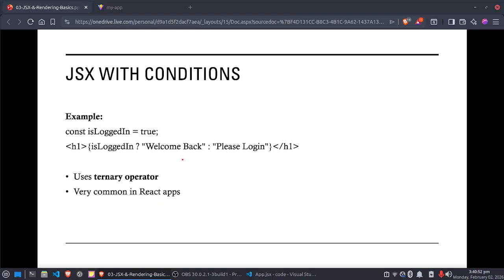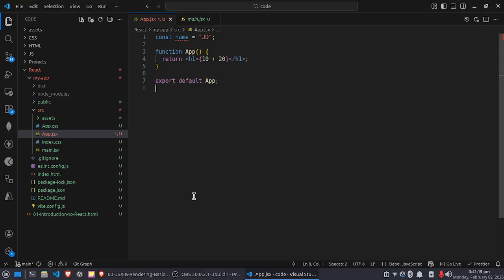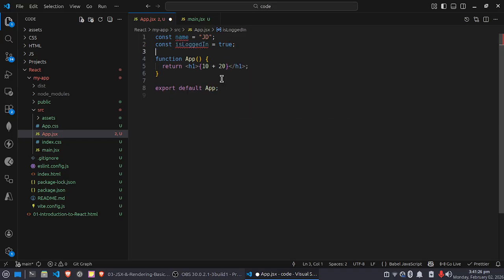So how do we handle conditions, like if else, in JSX? In React we usually use the ternary operator for conditions. An example is: if the user is logged in, show the welcome message, welcome back, else show please login. This pattern is used everywhere in projects. Like I write here, let's say const isLoggedIn is equal to true, a normal const variable, nothing special in this. And I am writing here